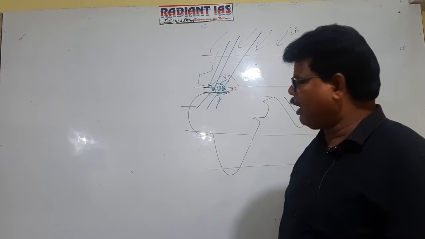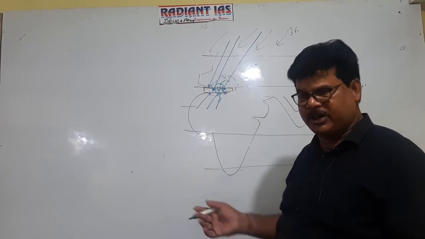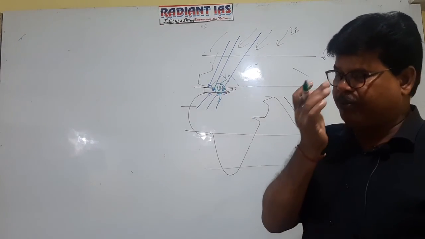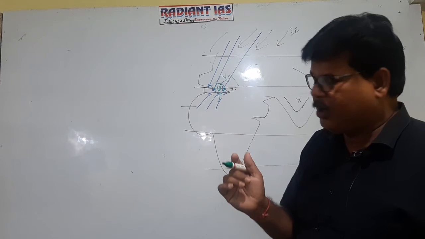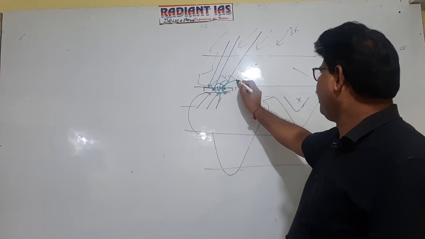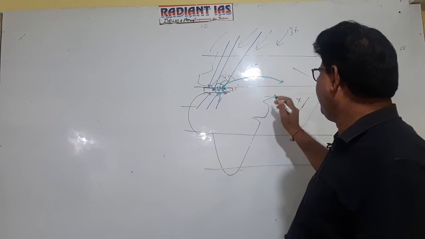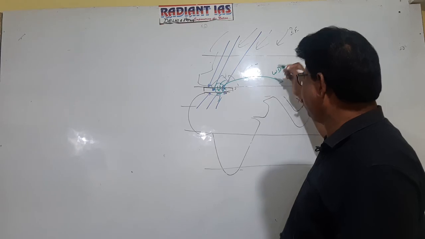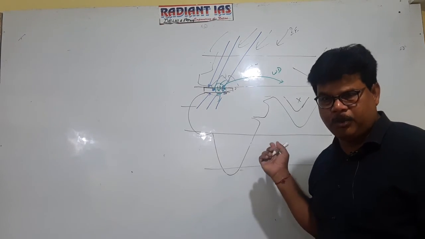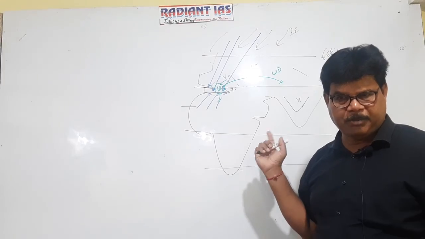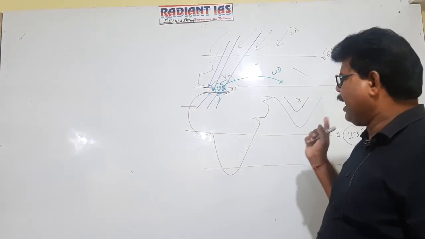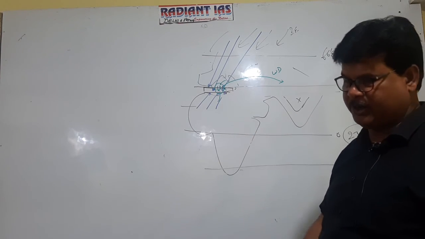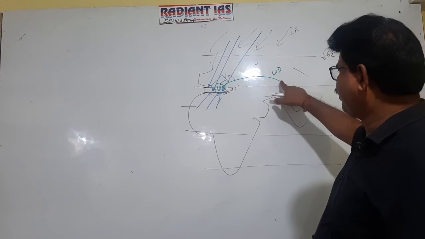Getting well now? And under the impact of the westerly wind and jet stream, this temperate cyclone starts migrating. You know that the western temperate cyclone migrates from west to east now. So it starts migrating in the eastward direction and enters India from the northwest. That's why it is referred to as western disturbance. Getting well now? This impact is observed in India, right, during the December month. Getting well now? Okay. And actually in the last week of December and first week of January, we experience this impact. This is referred to as western disturbance.